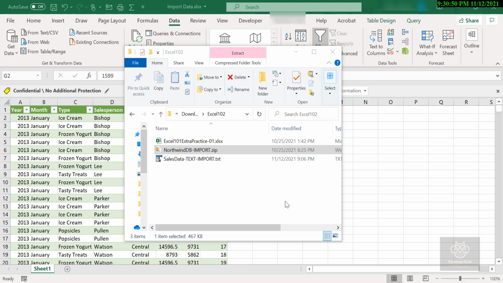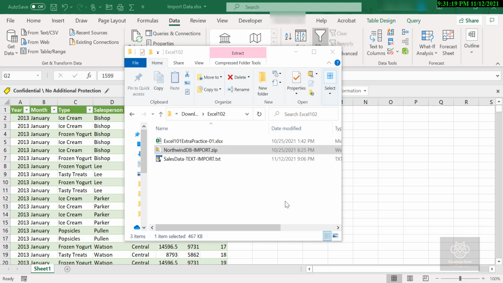Now, a quick FYI, if you are on a Mac, unfortunately Microsoft Access is not developed for the Mac platform. So more than likely you can probably skip this video and move on to the next one, or you can sit back, relax and enjoy learning how to import from a Microsoft Access database. Perhaps one day you will work in a Windows system and the command will be available for you.